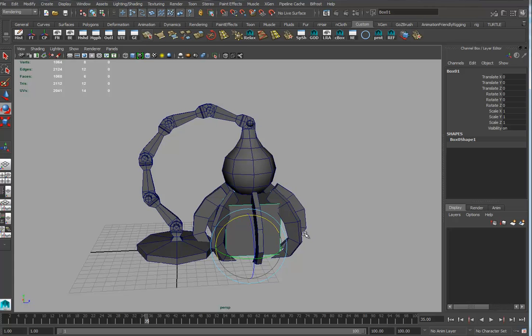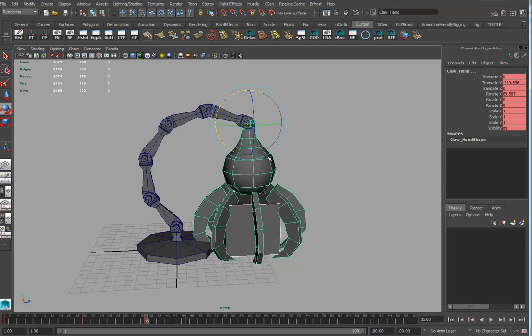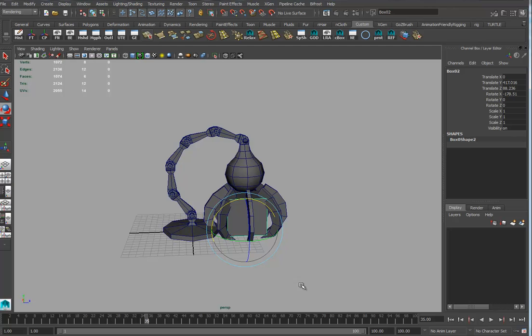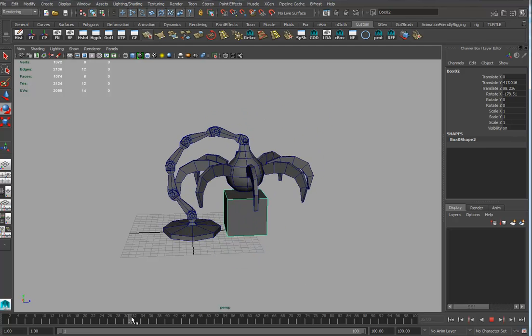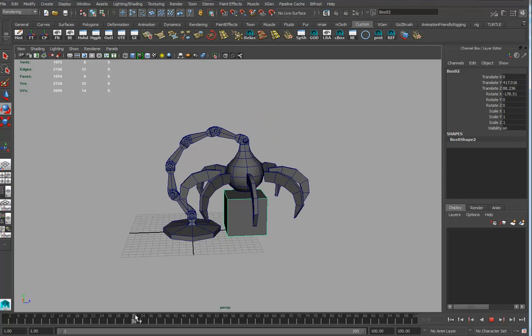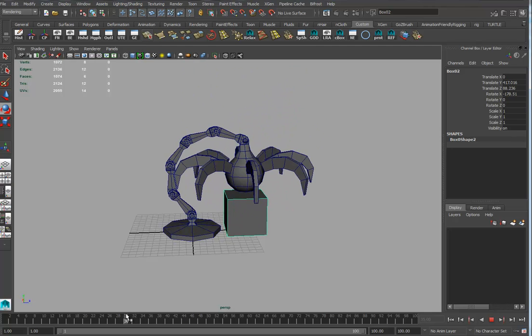I'm going to go ahead and make a duplicate. Control D, make a duplicate. So now I've got box number 2. I'm going to take box number 2 and parent it to the hand. Boop, parent. P. Okay, and now, whoop, it looks like it's got it, but the box is already kind of there, so